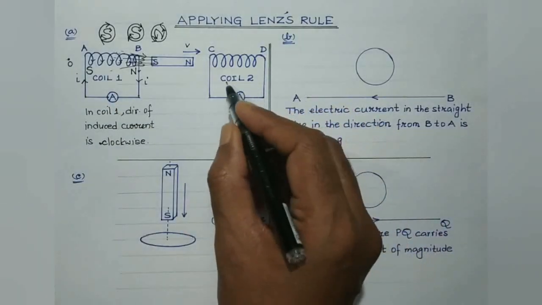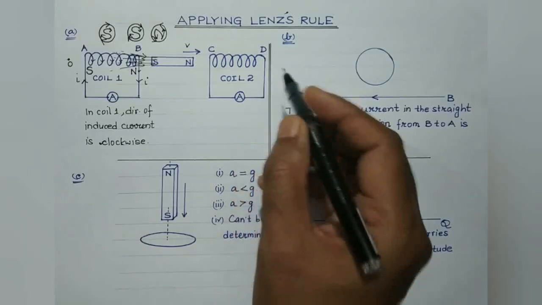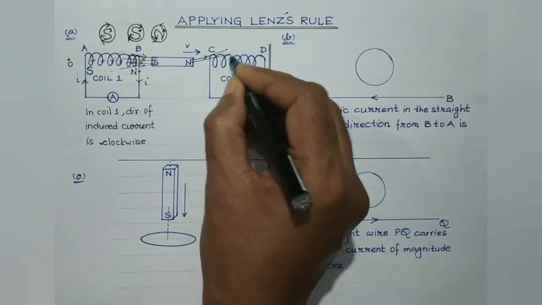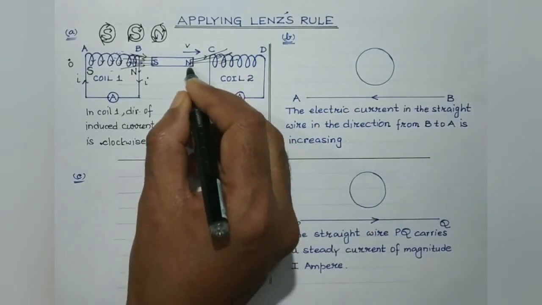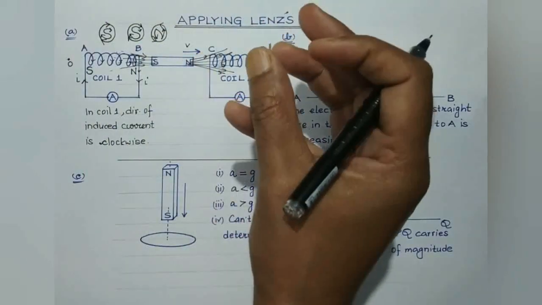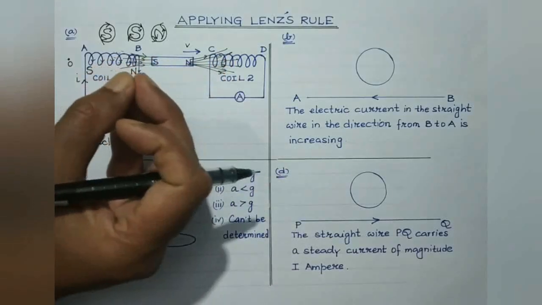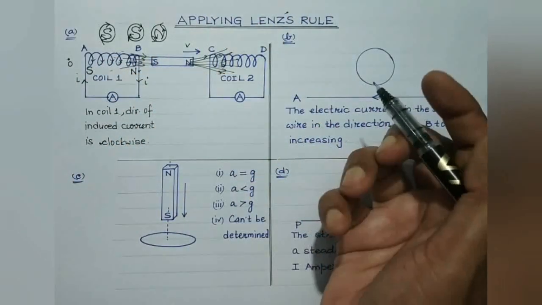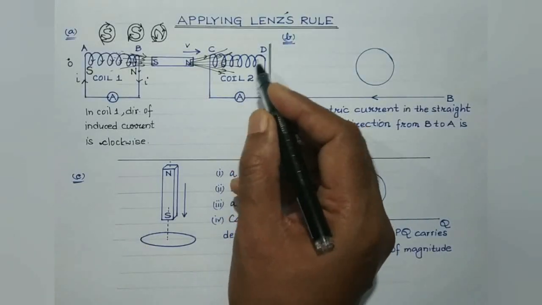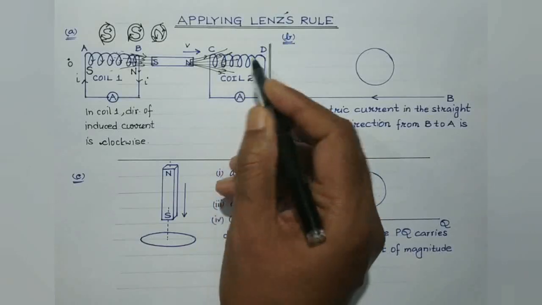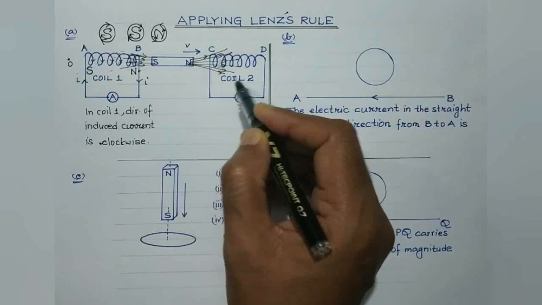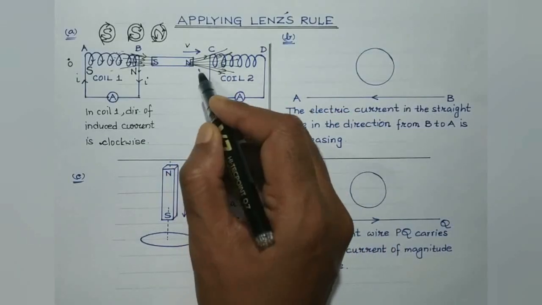Now students, let's consider the case of coil 2. Now in this case, the magnet is approaching towards it. So as a result, the magnetic flux linked with coil 2 will increase. As the magnet approaches coil 2, the magnetic field lines and hence the magnetic flux linked with coil 2 will start increasing. And as a result of change in the magnetic flux linked with coil 2, an opposing induced current will get produced. Here the induced current is produced in coil 2 due to the approaching magnet. So the direction of the induced current in coil 2 will be such that it opposes the approaching magnet.